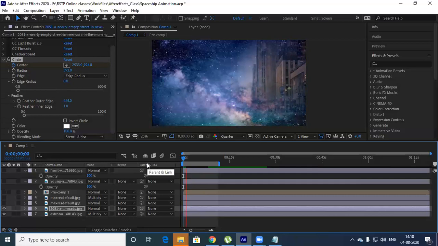The foreground element is different and the background element you're able to see, and it's blending very smoothly between both the things.